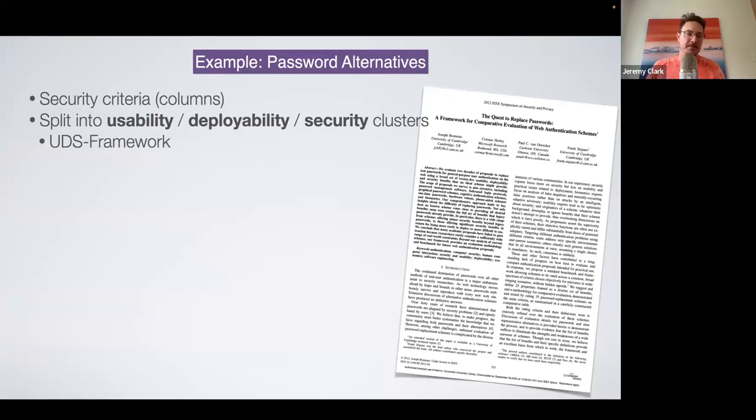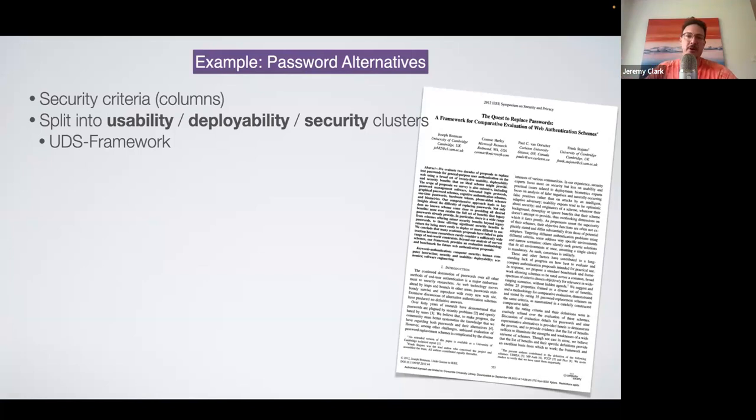So this paper is, we're actually kind of replicating this paper in a scaled down way. They came up with the theory of doing comparative evaluations. We'll see their chart on passwords in a second. But for now, I want to start talking about the columns. Okay, so what are the concerns